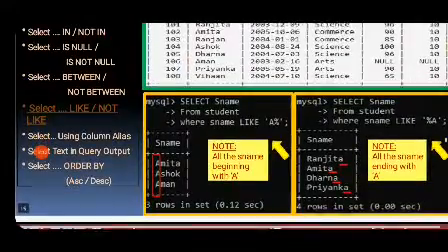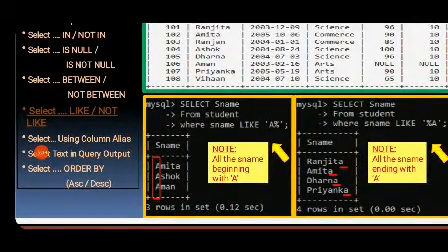Now, if we want any name beginning with a particular letter, then we can write select sname from student where sname like a percentage, and if we want any name ending with a, then we will write like percentage a.